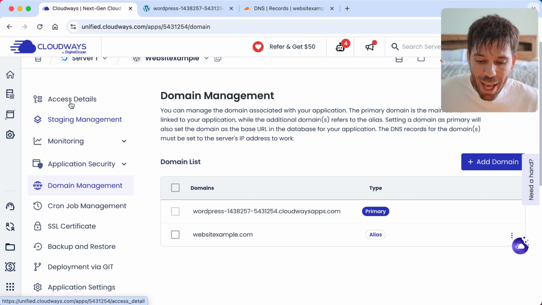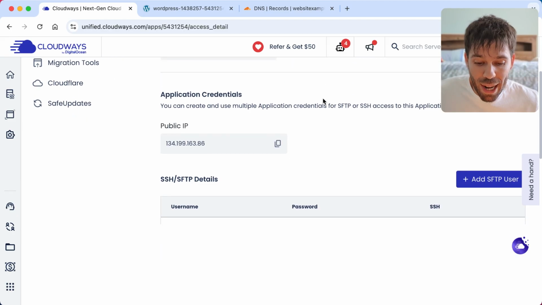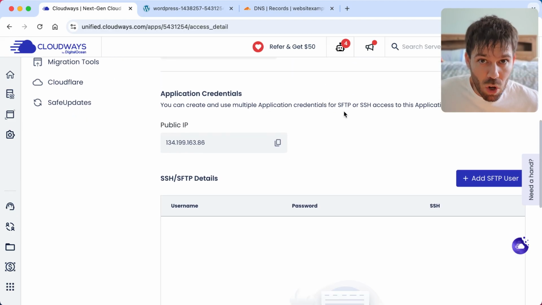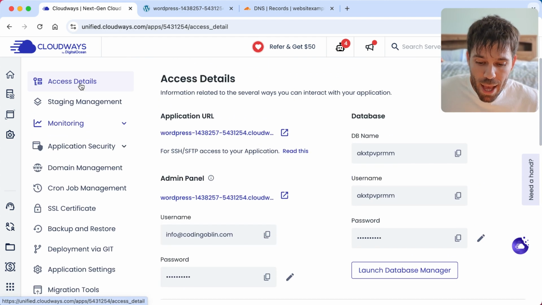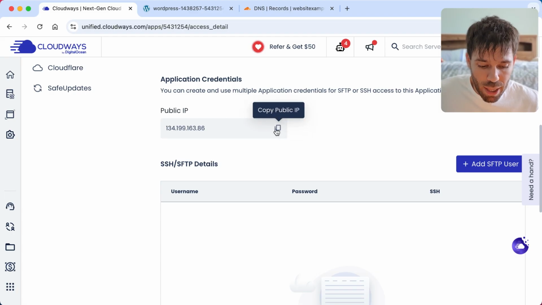And now if we come to access details up here, we want to get the IP address for our website. So this is very important, the IP address. On Cloudways, there's a lot of clouds, Cloudflare, Cloudways, but on Cloudways, you're going to find it here, the public IP in access details. Okay, so you want to copy that. So I'm just going to click that, copy public IP, and then we're going to go back to our domain